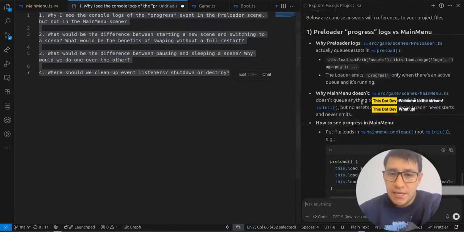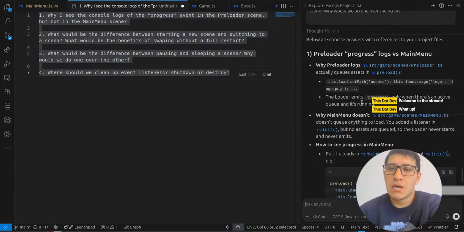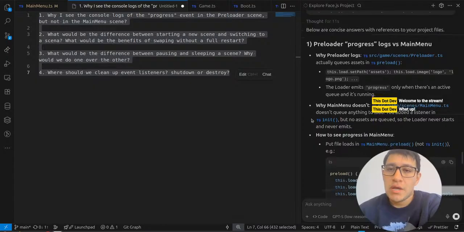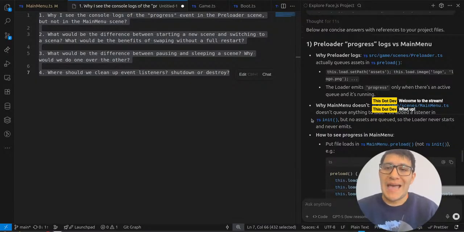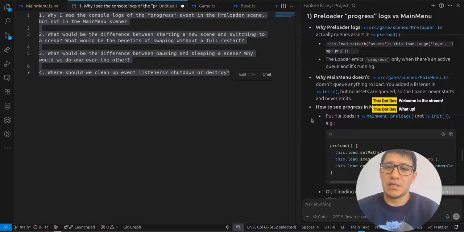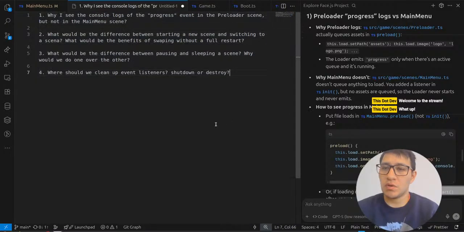Now let's see. Preloader progress logs versus main menu. Why preloader logs: it actually queues assets in preload. The loader emits progress only when there's an active queue and it's running. Why main menu doesn't: it doesn't queue anything to load. You added a listener in init, but no assets are queued, so the loader never starts and never emits. Okay,